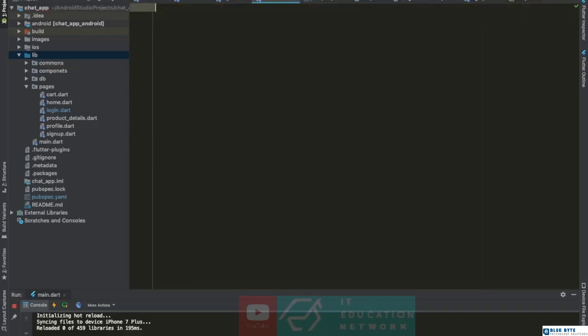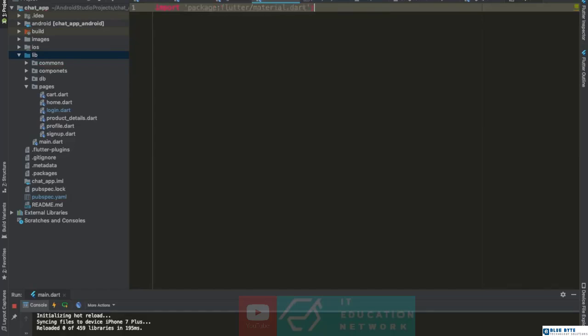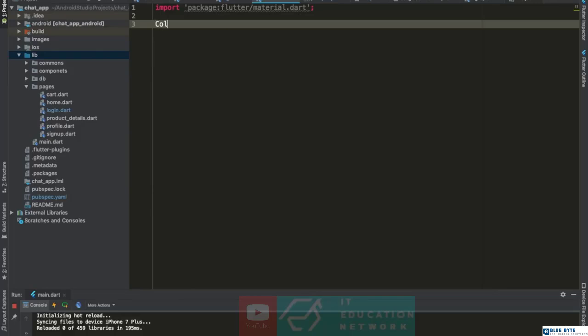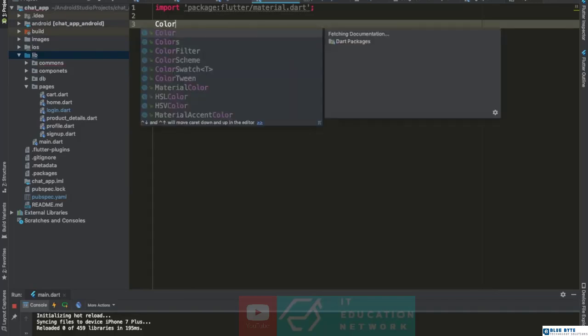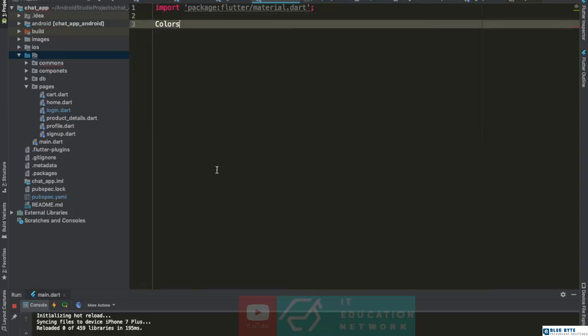So inside of here, we can just import the Flutter material package, and to be able to define some variables that are going to be global. Colors, for example. If I want to use this orange, and I'll just set that equal to,